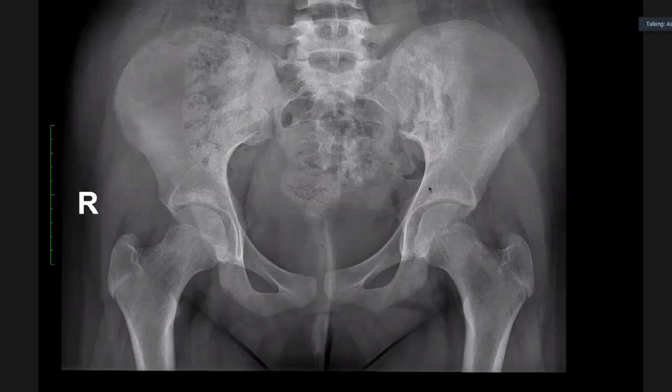Right. In this age group, it can be leukemia. Okay, so neoplastic is one. Neoplastic is one. What other